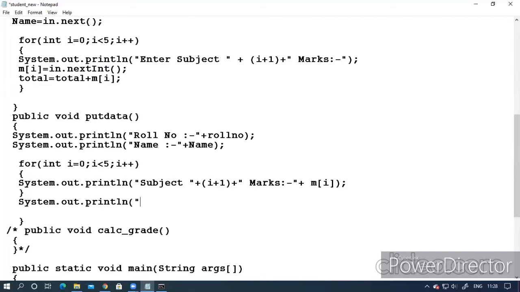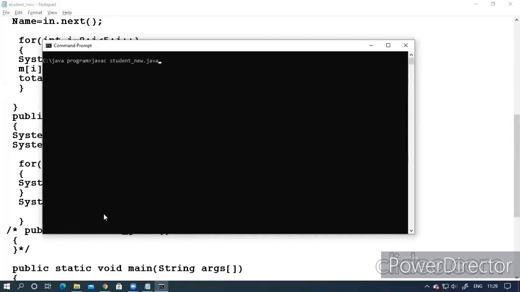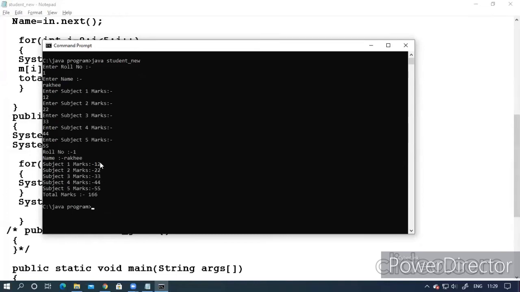System.out.println total marks plus total. This is the concept. It means now I got the total also.